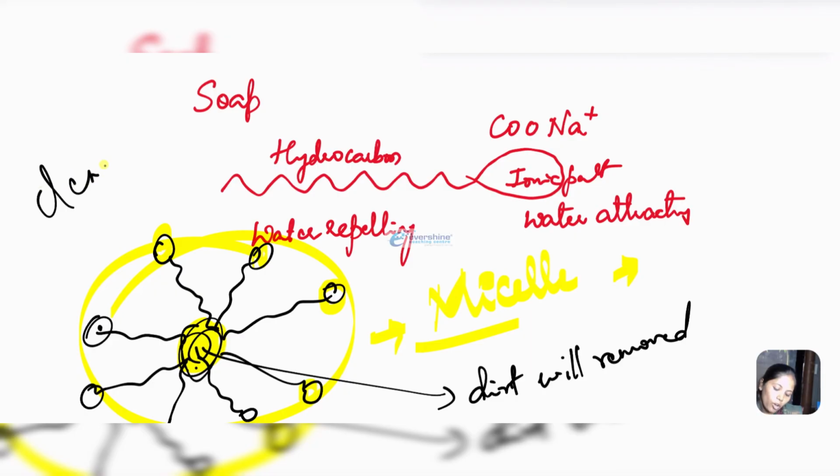So I hope you understood all the three lessons: acids, bases and salts, metals and non-metals, and hydrocarbons. Once you go through this video, you'll understand and you can clear all the questions and answers in the